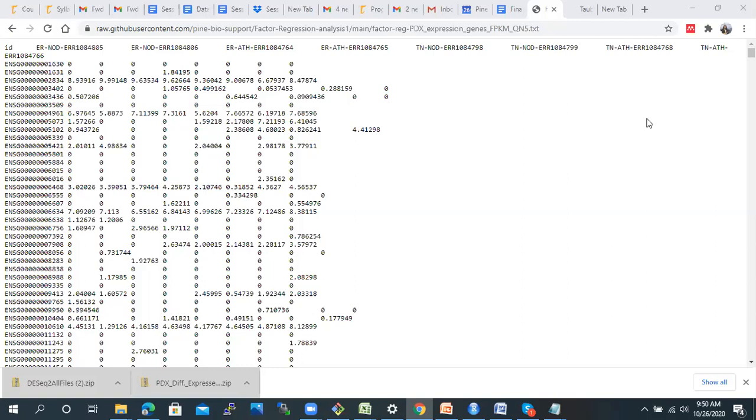So here we are going to perform factor regression analysis. As I have already told you, we cannot perform a t-test or the differential gene expression analysis when we have multiple factors to consider. Like ER positive and triple negative breast cancer subtypes, and we have